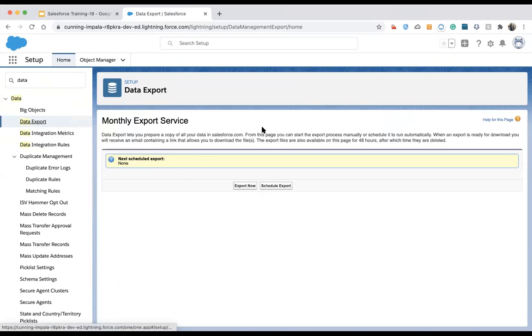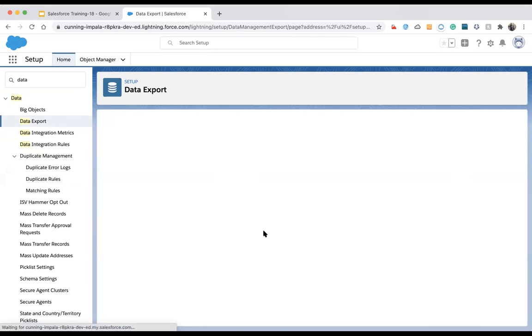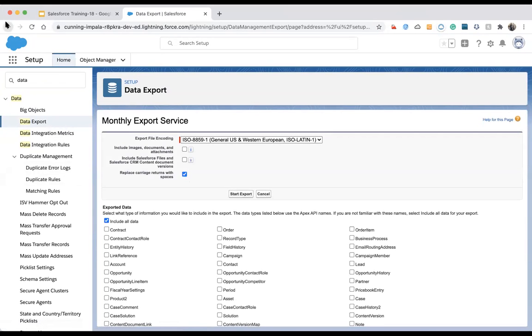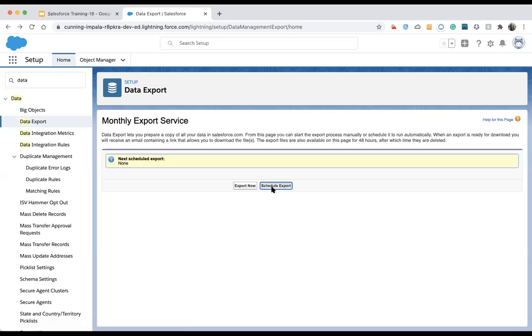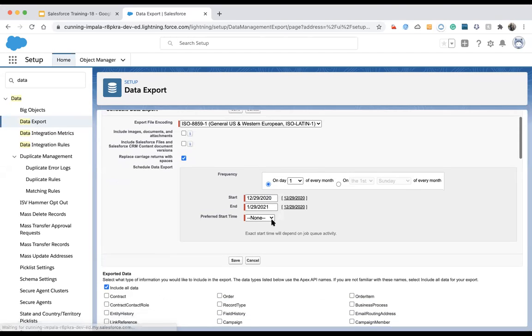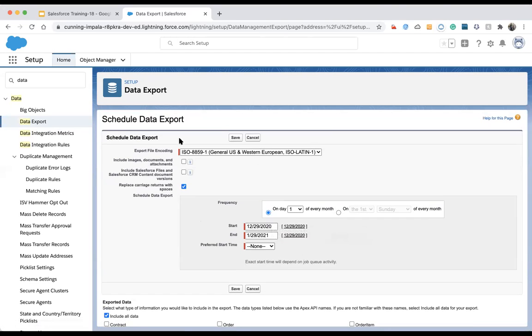It is used to export the Salesforce data into a CSV file or Excel file, and we can do it in two ways. Either we export it right now, just click on export now, and it will start exporting the data. Or we have another option called schedule export. If you want to schedule your export, it will do that also, for example once every month.